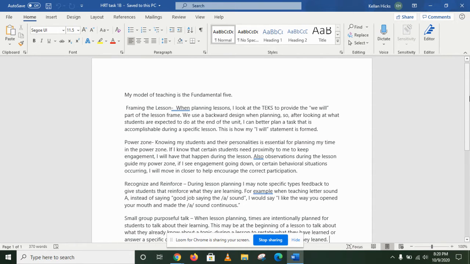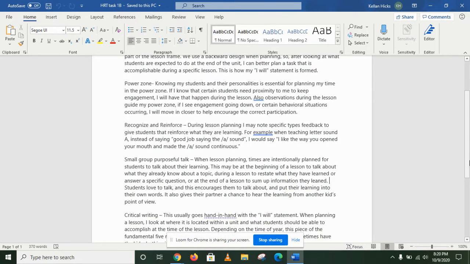The next component is small group purposeful talk. When lesson planning, we try to put intentionally specific times for students to talk to each other. It may be at the beginning of the lesson to talk about what they already know, during a lesson to answer questions or restate what we're learning, or at the end of a lesson to kind of sum up what they've learned